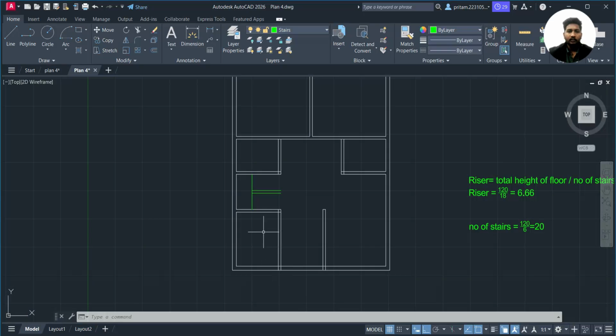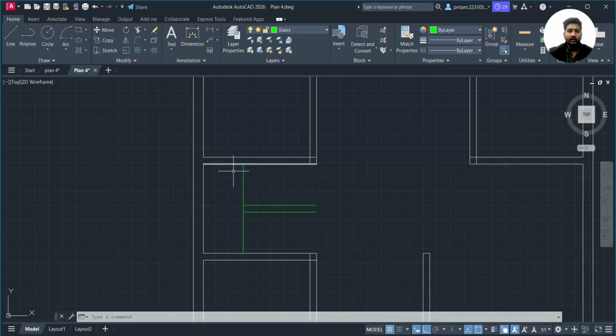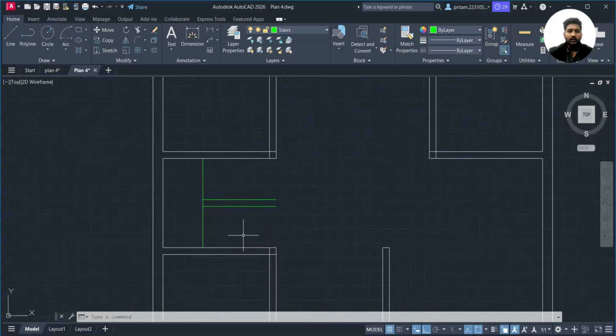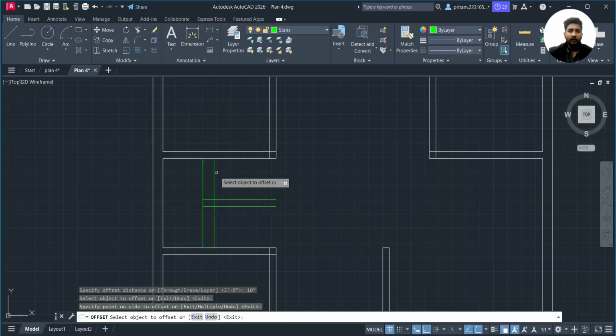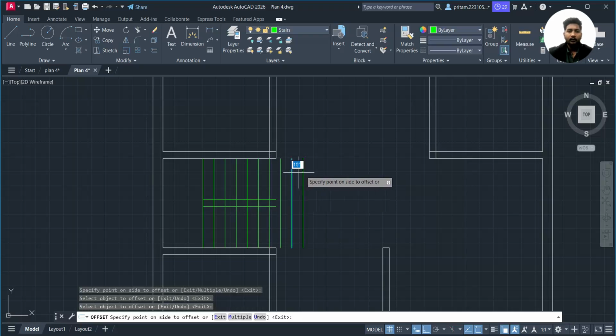So go to our model here. After that you can see that we have added 3 feet from this side, and extended, offset 3 feet from this side, as this is the landing part. Now we just offset it as 10 inches for every step. Just choose here 1, 2, 3, 4, 5, 6, 7, 8, and we will be taking here as